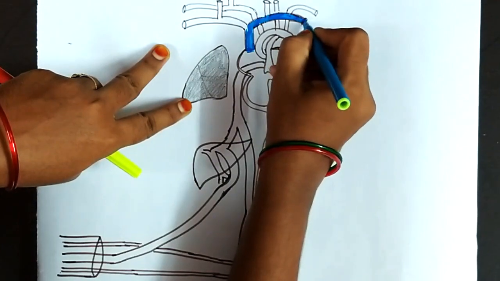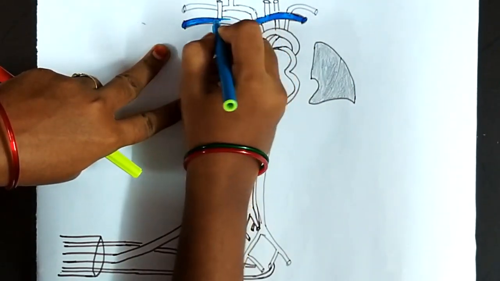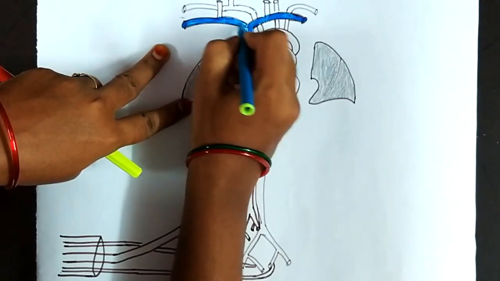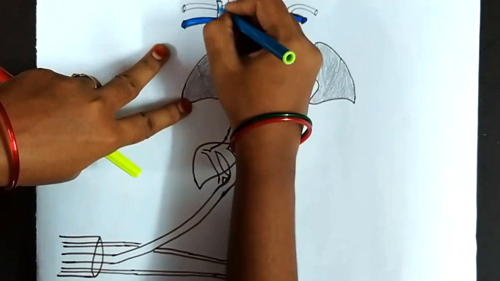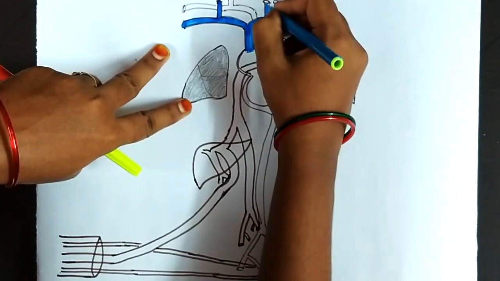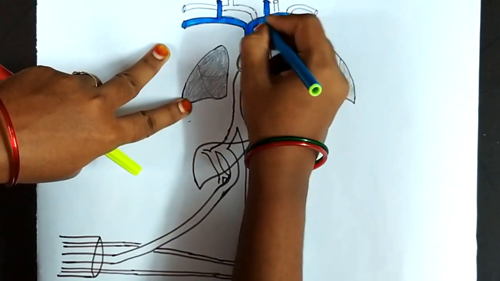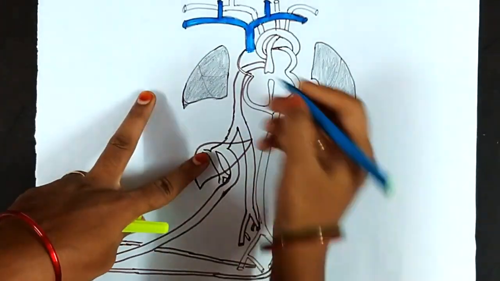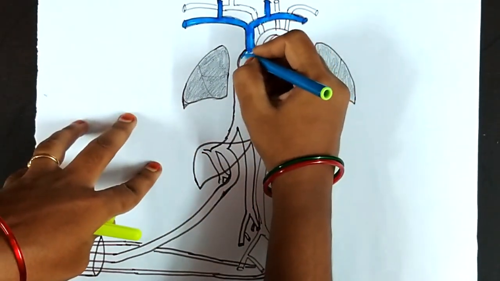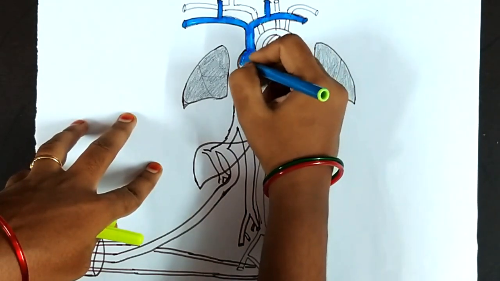At the arch of aorta, there are branches, as you all know: right brachiocephalic, left common carotid and left subclavian. The blood in these vessels is oxygenated blood. They will supply the brain, head and neck and upper limbs. So for the head and neck and upper limbs, it supplies completely oxygenated blood. After that,